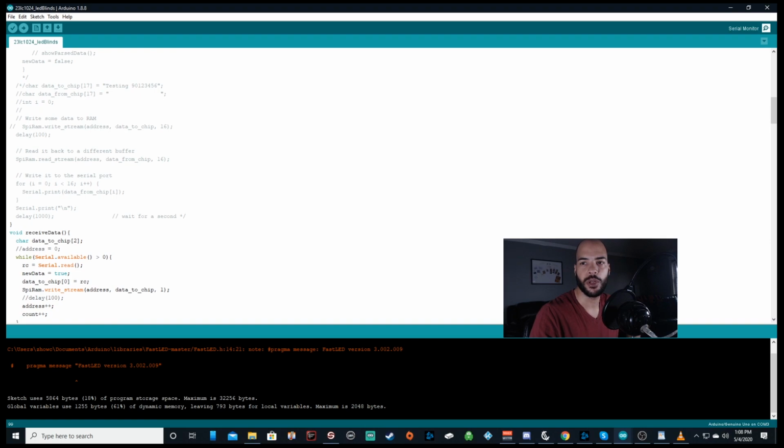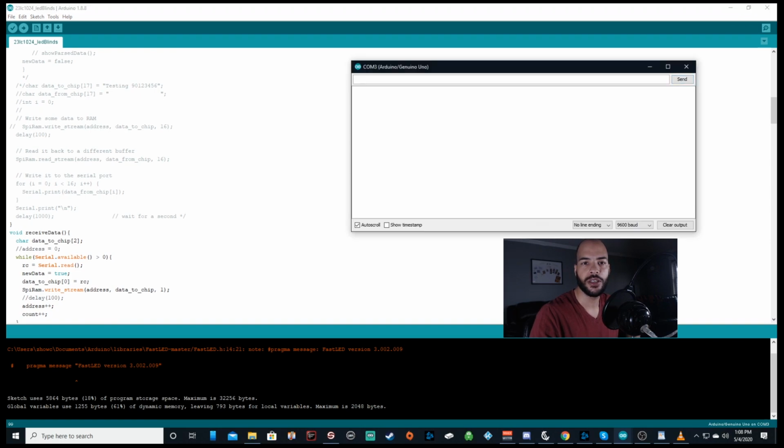So open up the serial monitor. You can just write something like test right here and send it. It says test. It's showing that it came through, and it repeated it back, sent it right back to me, and that it's 4 bytes long, which is true. You can see that test is 4 bytes long. But if I write something bigger, like